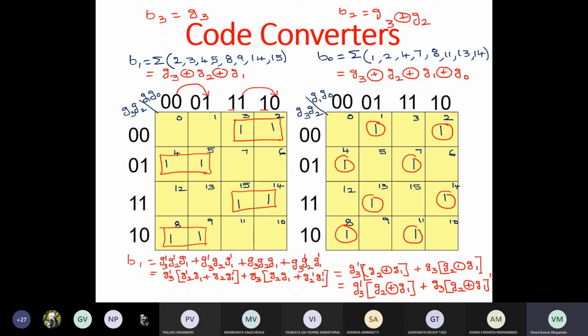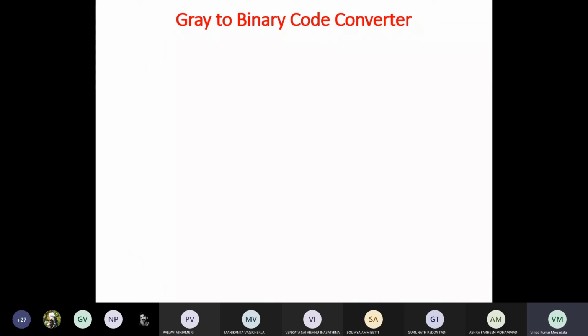So now we have simplified the K-maps for every output. Now we will draw the circuit. I am writing the expressions here again.